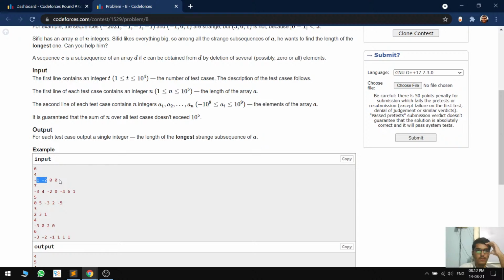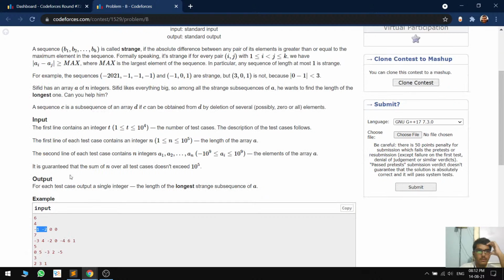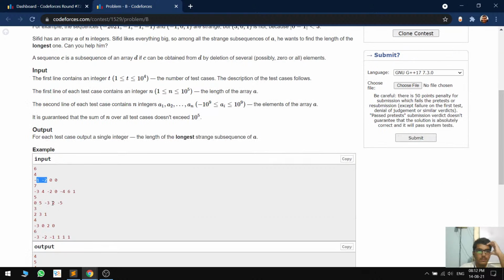So when would the answer be less? In this case I can do one thing: remove the positive elements 4 and 6 and 1. If I take max as this element, then the differences are fine, and every element is fine. Like if I take max as 1, then